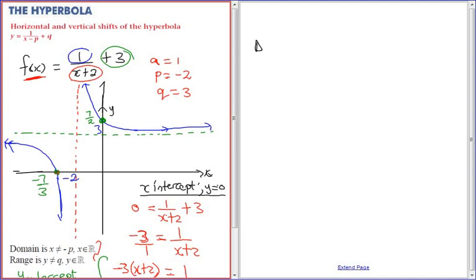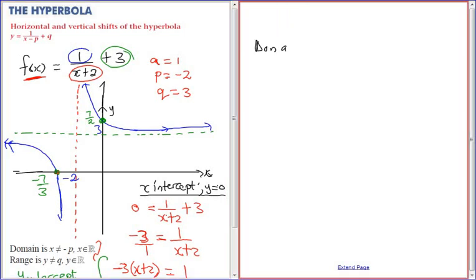So when you want the domain of such a function or of something of this sort, all you need to do is to say x is an element of real numbers, which means all of them, but we have to exclude where the asymptote is. And this time around, it's at negative 2. So that would be your domain right there. Okay? So now that that one is sorted,